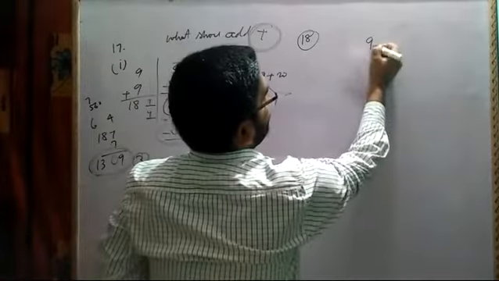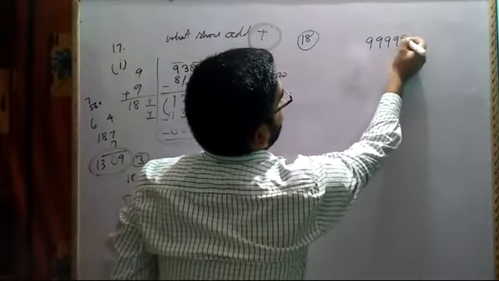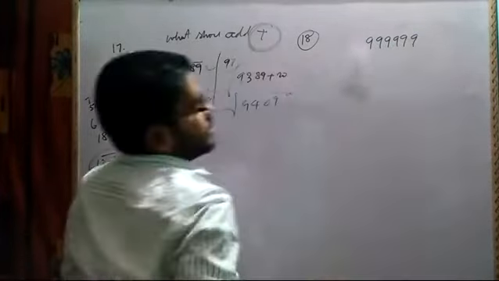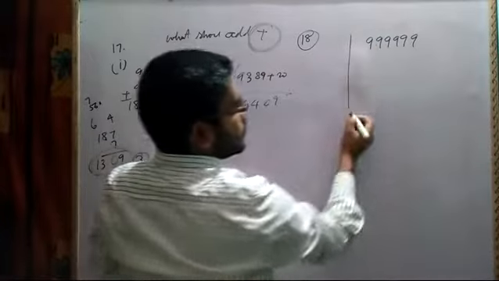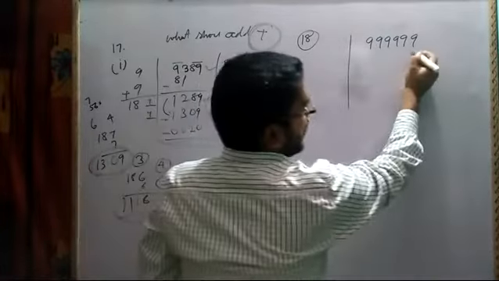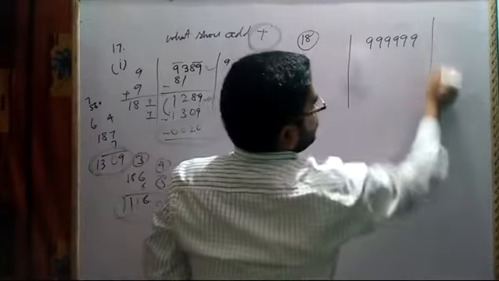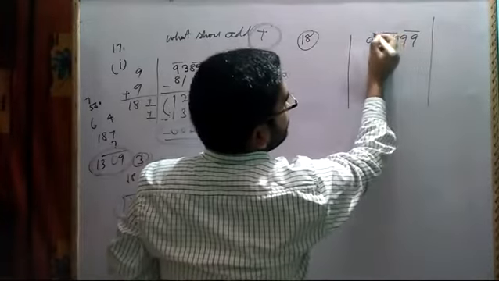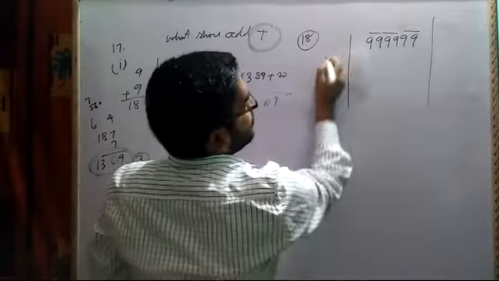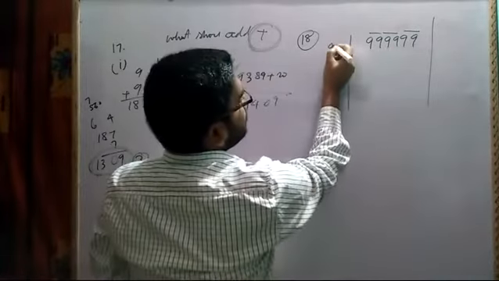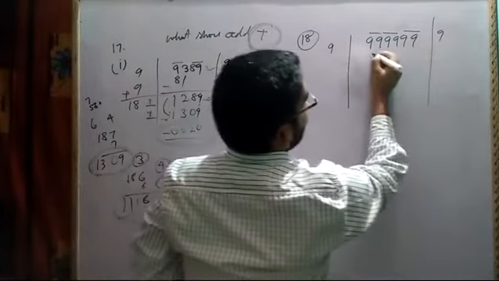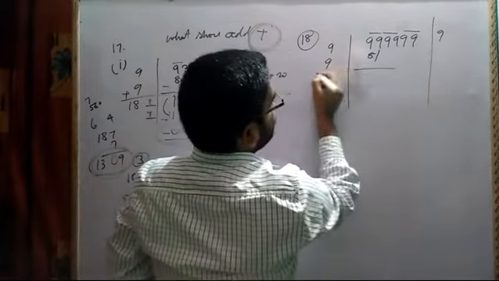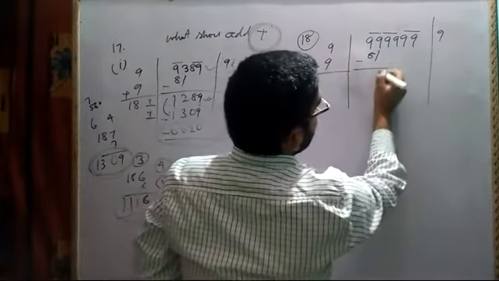The greatest 6-digit number, we know, is 9 six times, correct? Now is this a perfect square? For the greatest 6-digit number I cannot add 1, I will go that side, so I have to take at maximum 9 six times. So what will be here? 9 9s are 81. Then the same procedure, subtract.